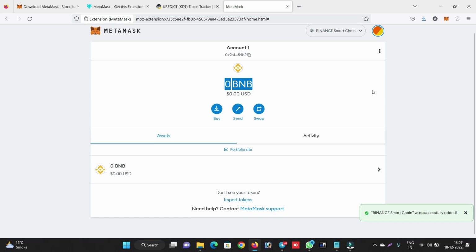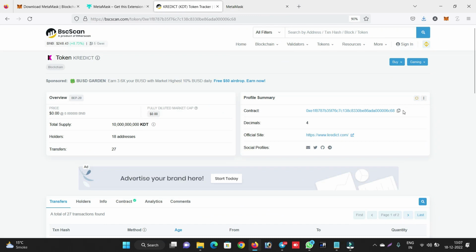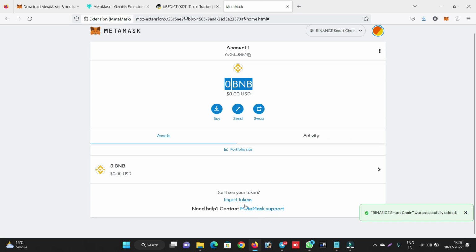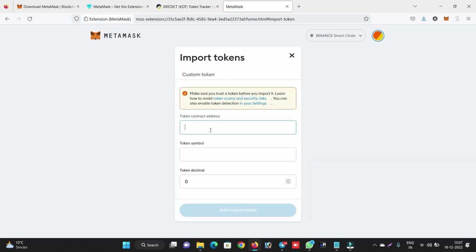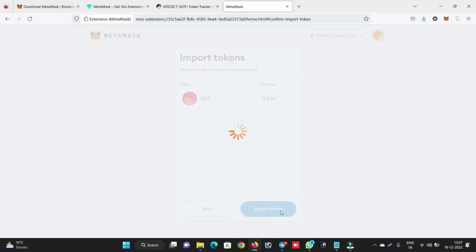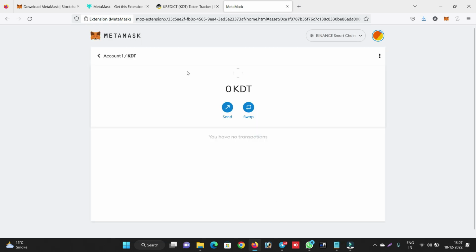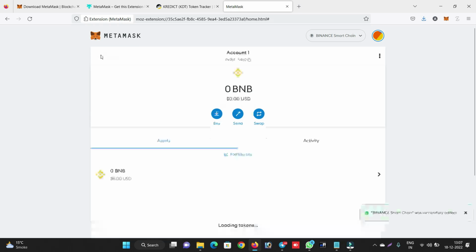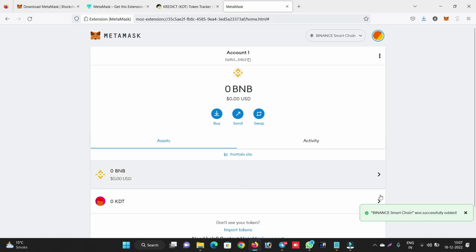So now how can we import the BSC coins here? It's here. Just copy the contract. Click on import. It's autofilled. Import. So see, the wallet imported the KDT coin,